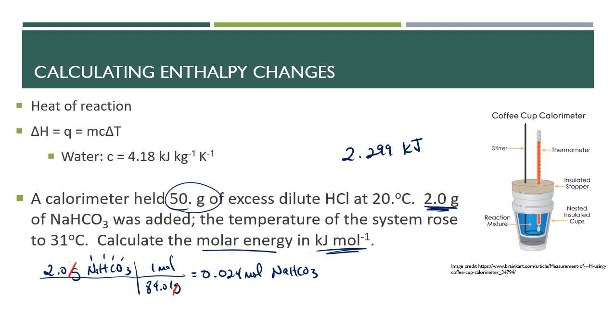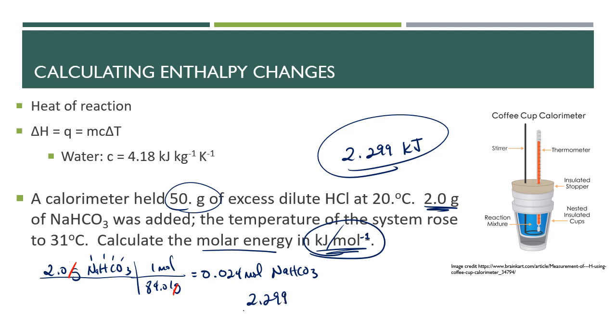So I want to find kilojoules per mole. Again, remember that that -1 exponent means that it's in the denominator. I'm dividing by moles. So I'm going to take my kilojoules, 2.299, and divide it by 0.024 moles, kilojoules divided by moles, and that's going to give us 95.791, lots of digits. So we get to keep 2 sig figs. That 7 is going to turn that 5 into a 6. Our final answer is going to be 96